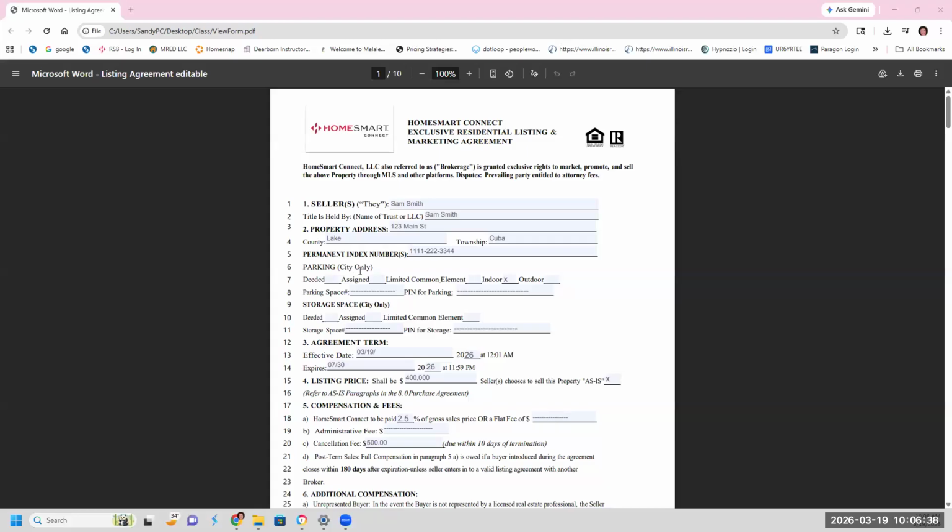Then we go down to the section concerning parking, and you would check off if there's a deeded parking space, assigned parking space, a limited common element, that would mean an unassigned parking space. If there's a parking space number, you would insert it at 8. And if that parking is being sold separately, in other words, you've got two PIN numbers, one for the house and one for the parking, you would insert that here.